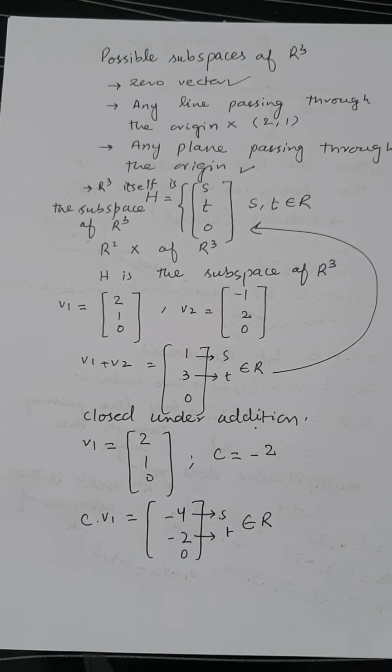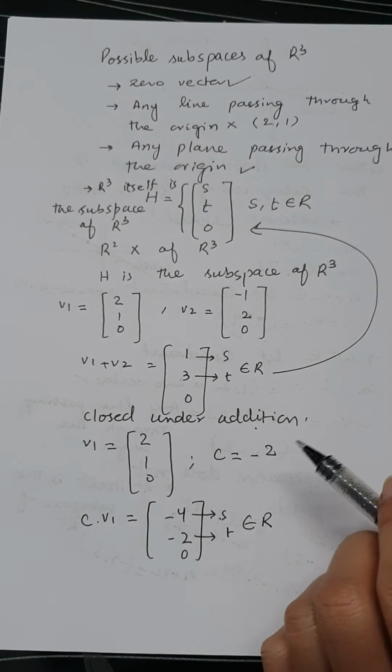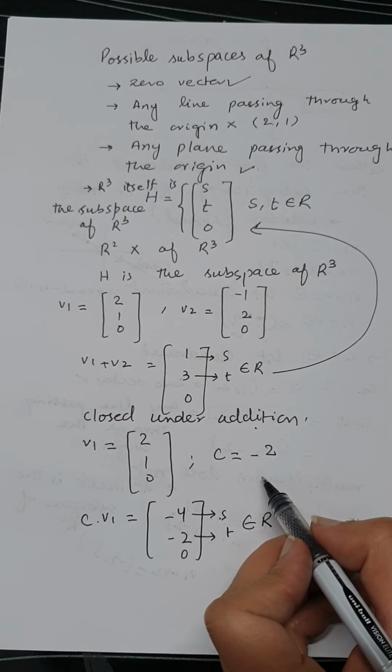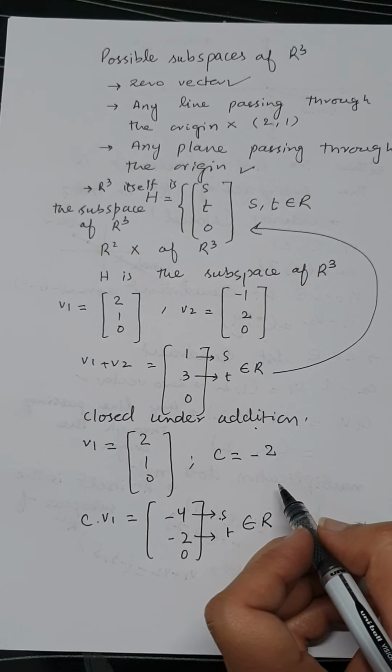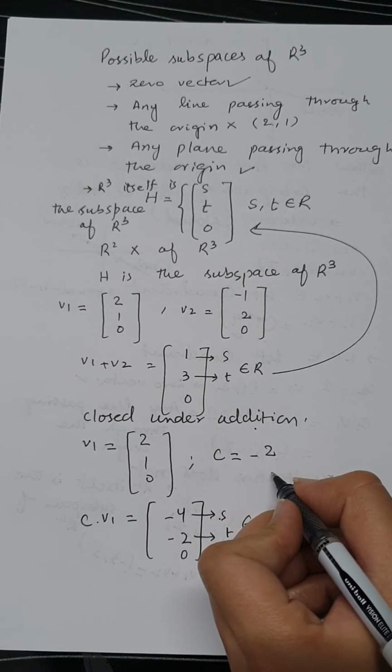So it is compulsory, if we are claiming any subset to be a subspace of a given vector set, that it should pass through the origin, because we need to justify the two properties of additive identity and additive inverse.